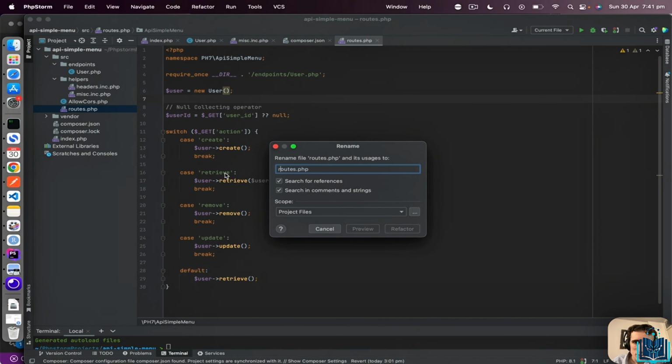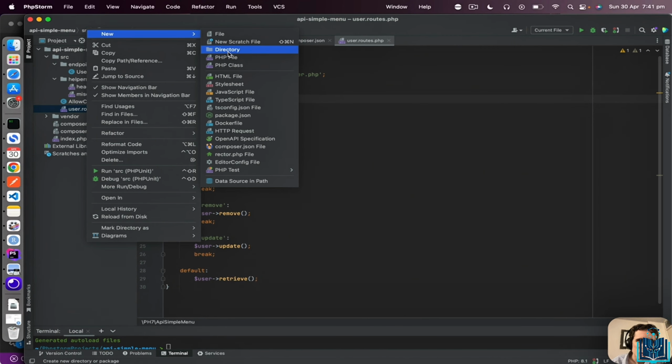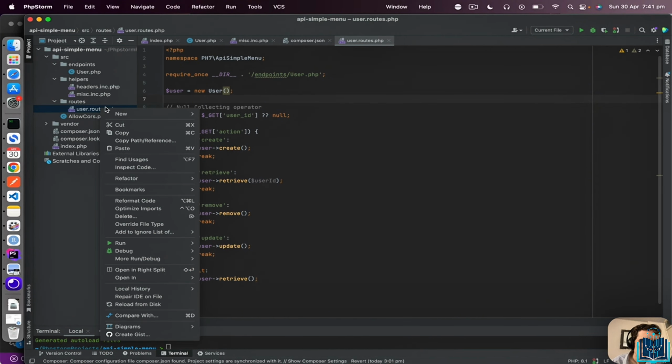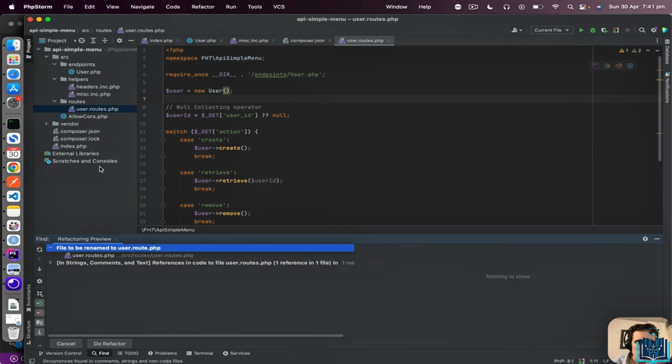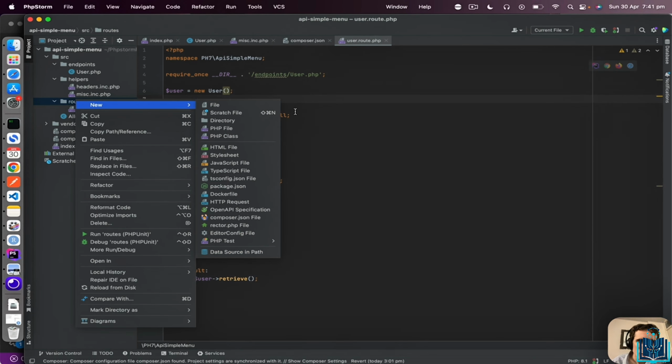Beautiful, it has been updated. You can see the file name is different, and then I can create a folder. It will be better and more organized if we have everything in a roots folder. And here we create a main roots file, and the main roots file will include the user.roots.php. That one will just include user.roots.php,